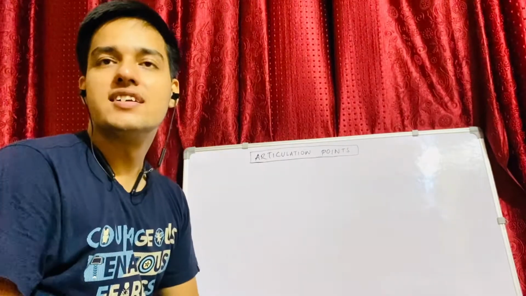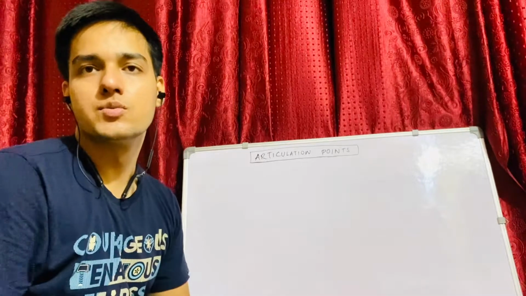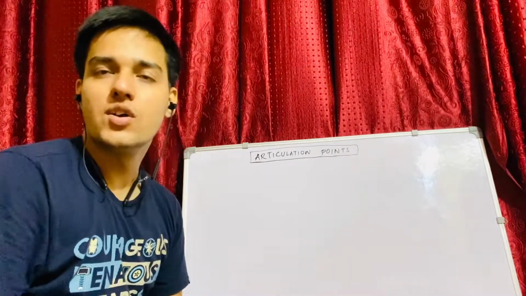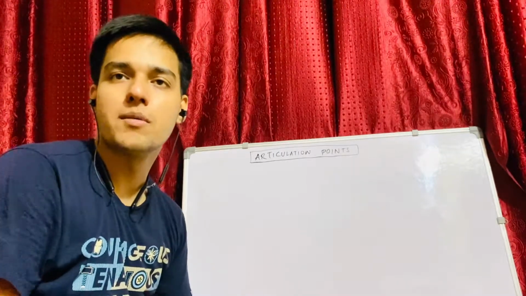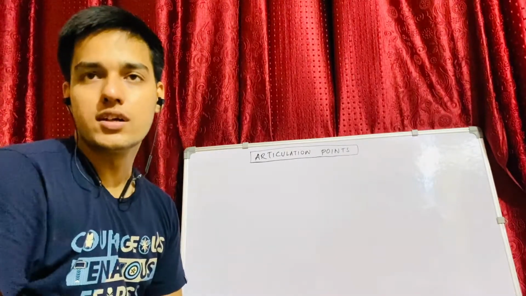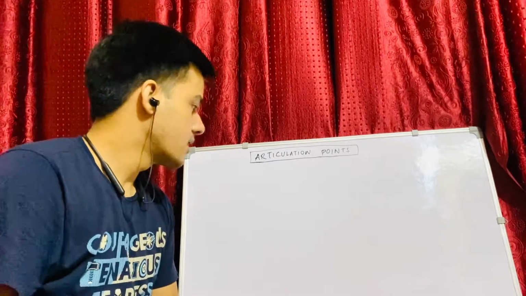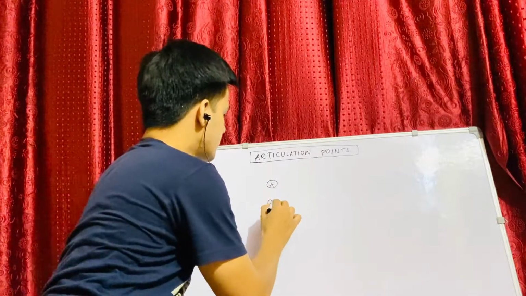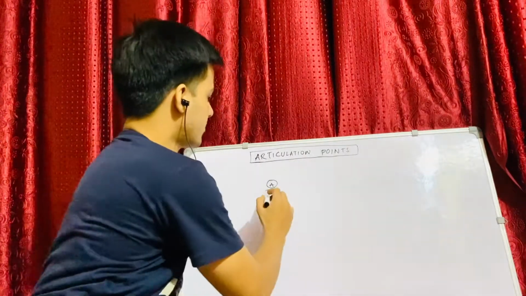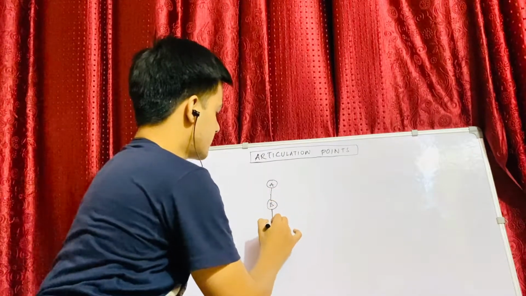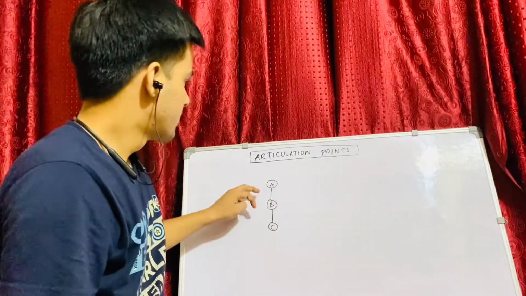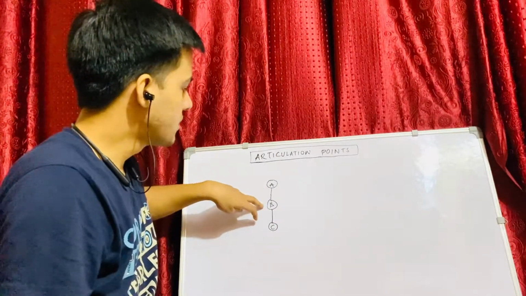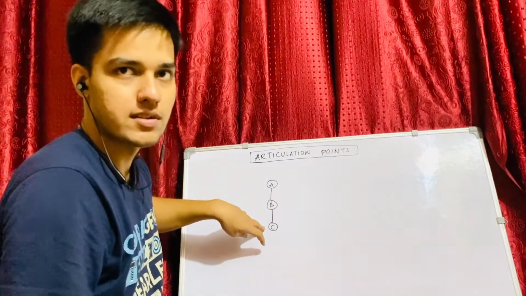So since we now have an understanding of how the naive or the foolproof solution goes for finding the articulation points or single points of failure in a graph, let's try to build some intuition for how we can optimize the algorithm that we got earlier. Let's just take an example. Let's suppose we have these 3 nodes in a graph. Let's say these are connected, right? Let's say our DFS started from node A, then it went to B, then it went to C, right?